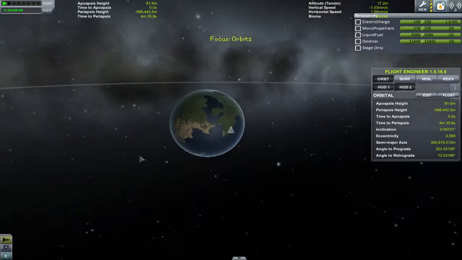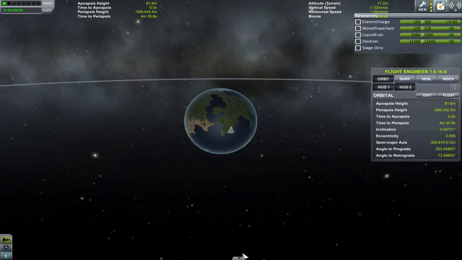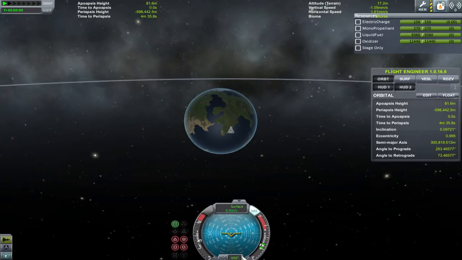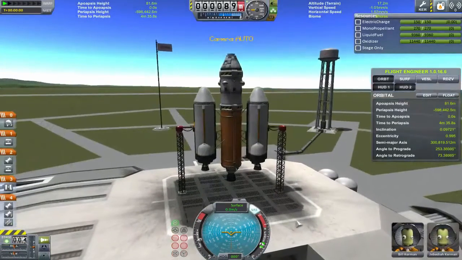The next thing is you want to switch to the map view by pressing M. Click on this little triangle down here, that'll pull up the nav ball. It'll help when you switch over to the map view so you can keep an eye on what's going on. Once you've got all that in order, go ahead and throttle up, and then press the spacebar to start your